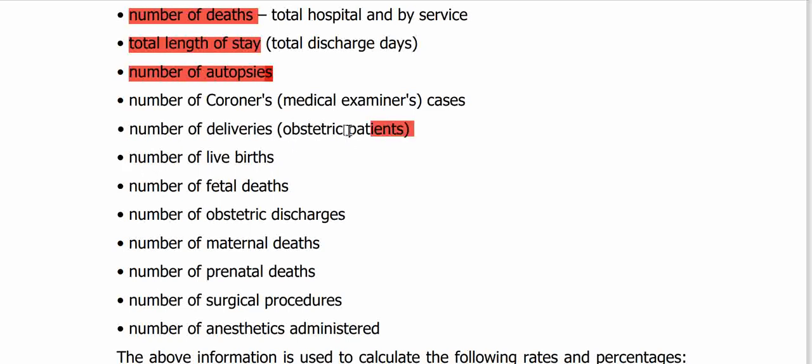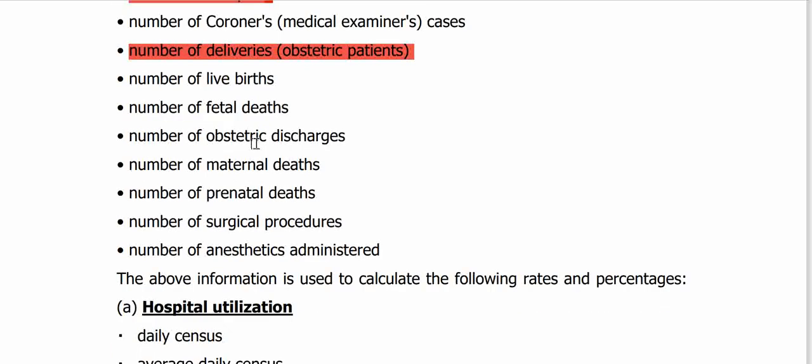This helps in monitoring and also analyzing if the management of the pregnancies in the facility is very effective and